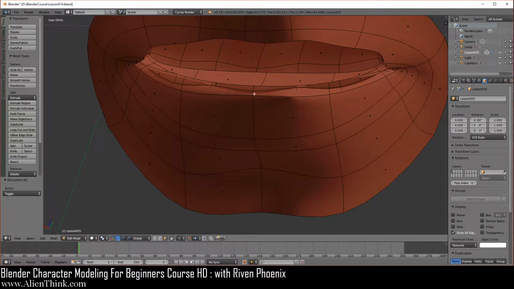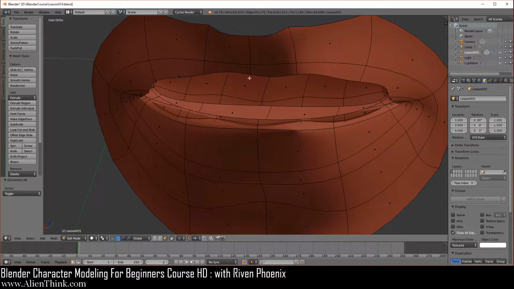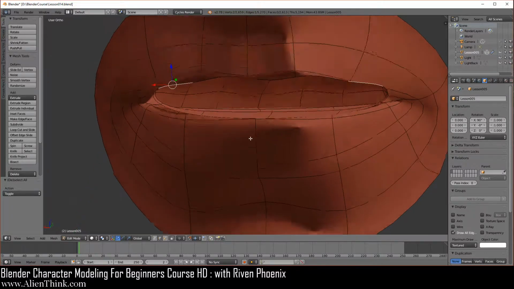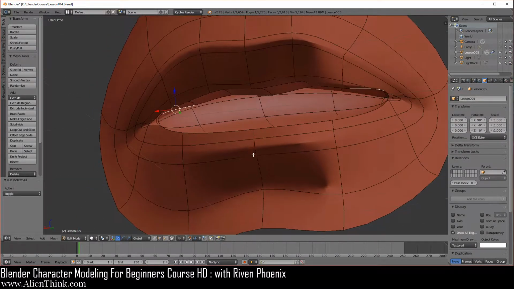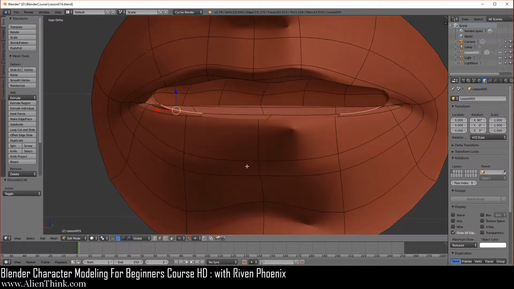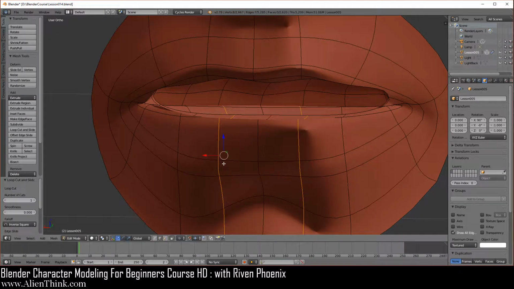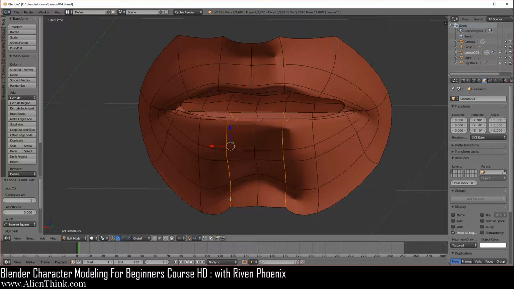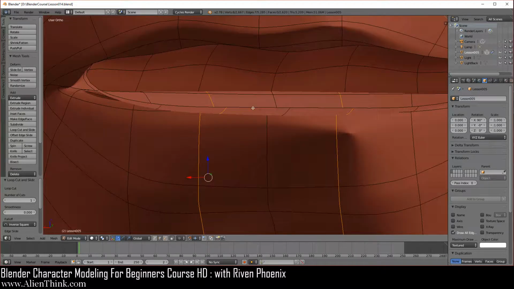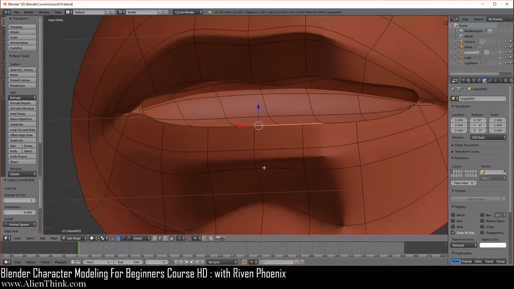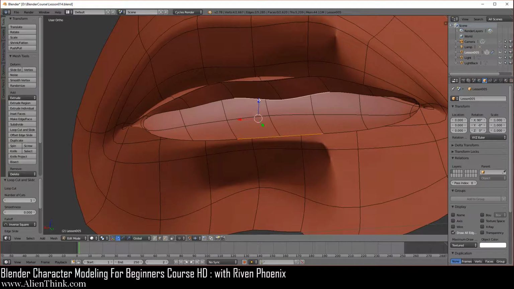So what we need to do is actually close these lips over here from the inside. So if you click on the edges, you'll see that we got 1, 2, and then 3. Okay. And over here on the bottom, we really only have over here 1 and 2. So this is where I'm going to show you that if you do Control R, hover your mouse, left click and right click, this is going to add an edge loop right over here.